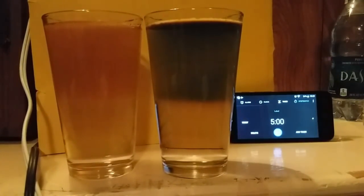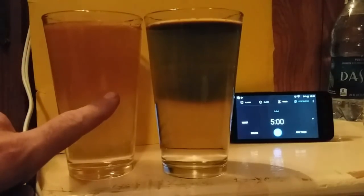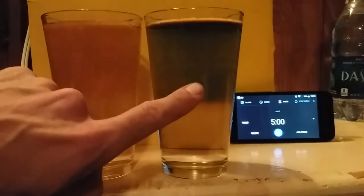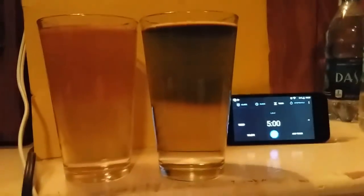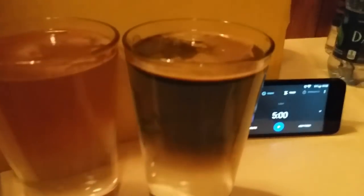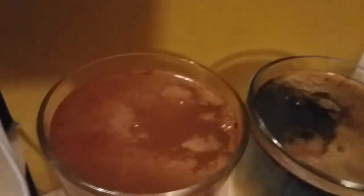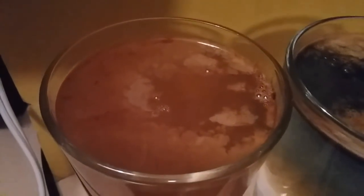Alrighty folks, as you can see, give me 1 sec, I'm going to wipe these down a little bit. Again, this was our well water here, straight out of the ground, no filter at all, and this was Ice Mountain. We'll take a little bit of a closer look here. Ew. Doesn't look like I would really want to drink